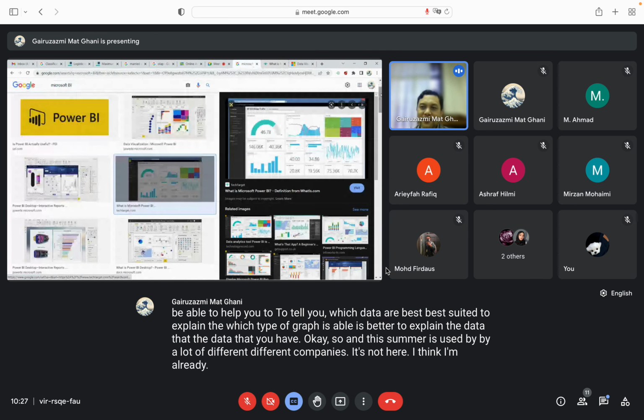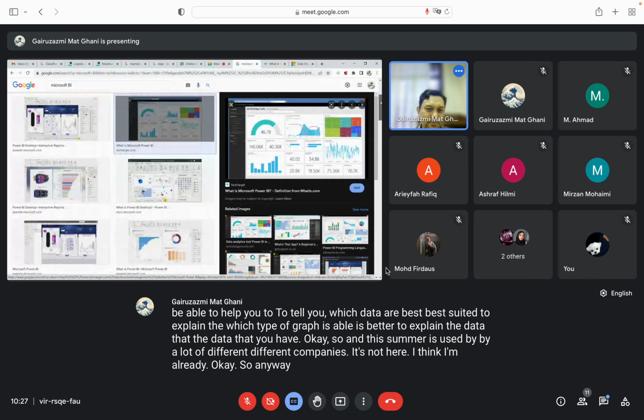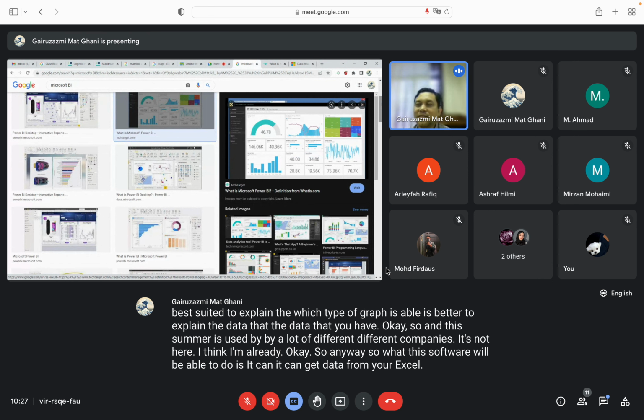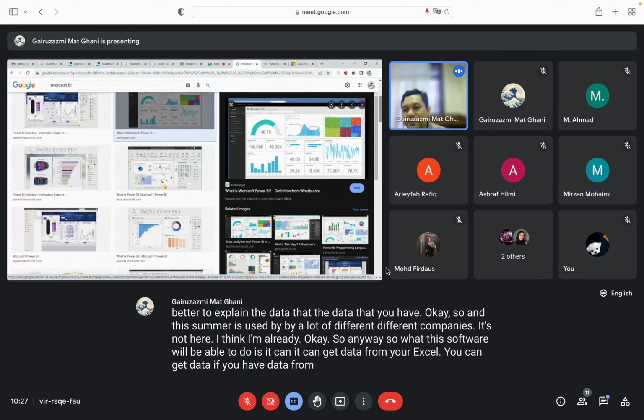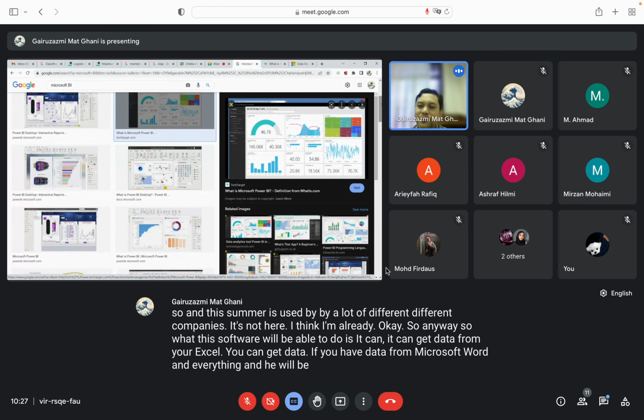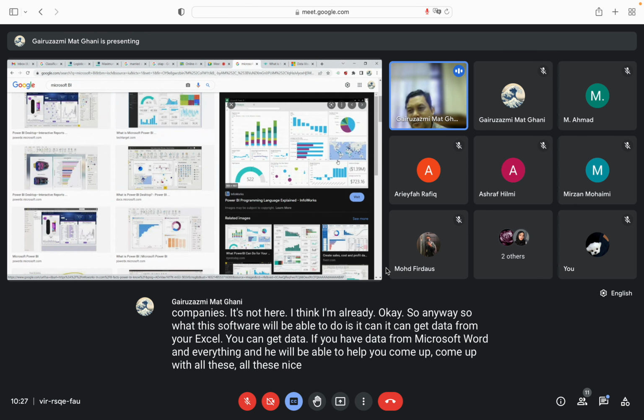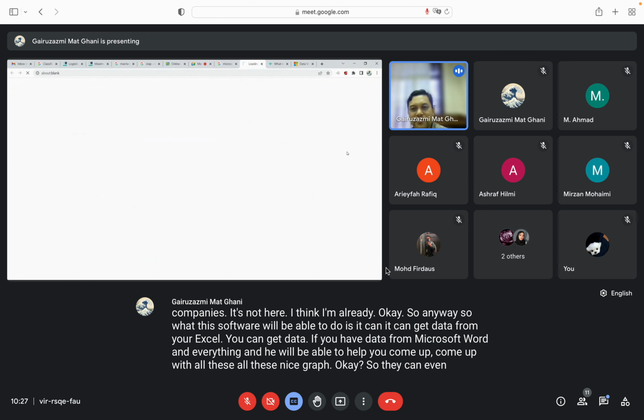Okay, so anyway, what this software will be able to do is it can get data from your Excel. It can get data if you have data from Microsoft Word and everything. It will be able to help you come up with all these nice graphs. Okay, so they can even come up with this nice